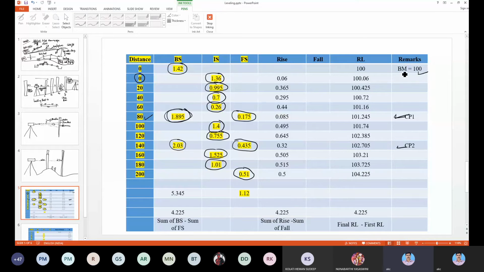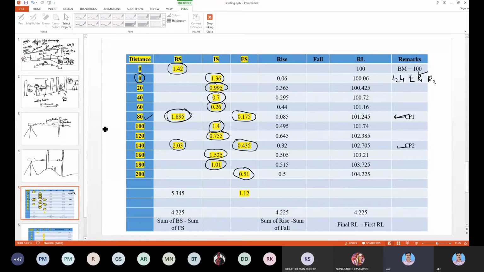In addition to this data, in the remarks we will also enter the side transverse profile. Let's say this is the center line, and then this is left point one and left point two, and this is right point one and right point two. Enter this data also in the remarks, so that it will be easy to draw the transverse profiles later. Once you get this data, you have to develop a profile of the site that was surveyed.